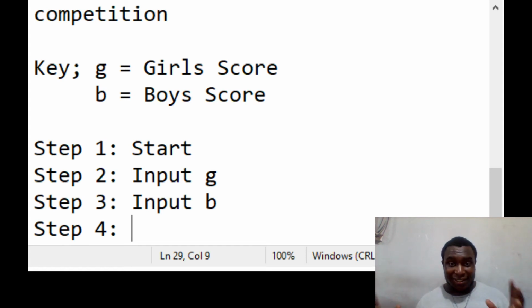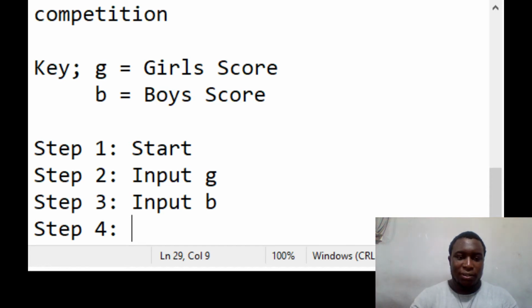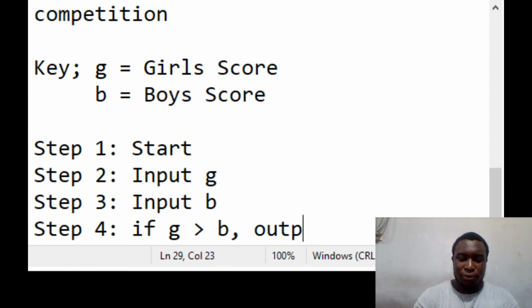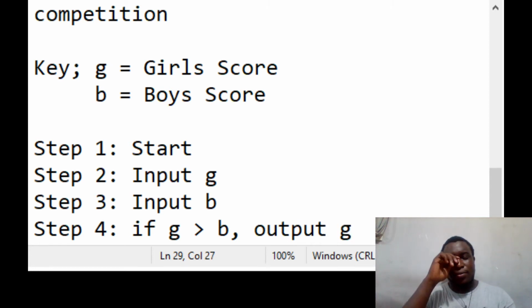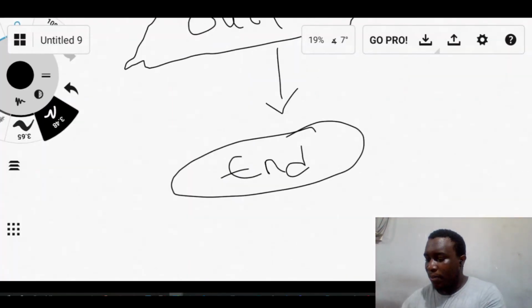There are so many ways to do this, by the way, but I'm looking for the way that everybody will be able to comprehend. So let me say if G is greater than B, then output G. That is, if the girl score is greater than the boy score. Then what if the girl score is not greater than the boy score? Let me try to do some sort of explanation here. If I have two numbers A and B,